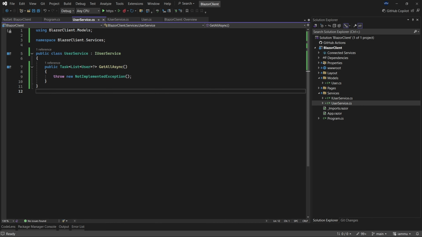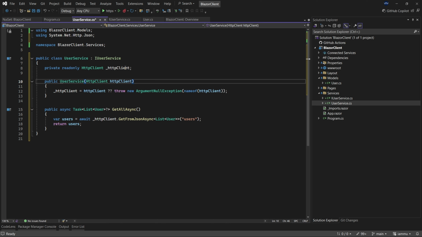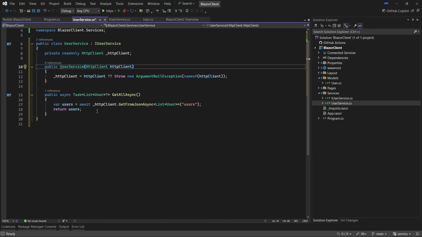Let me open up UserService and let me paste in the following code, where I'm injecting the HTTP client into the constructor, and in the implementation of the GetAllAsync, I'm using the HTTP client and using the helper method called GetFromJsonAsync, which actually returns a list of users. At the API path of users, I will return a list of users. With that done, let's add the Users Razor component to view the JSON returned from the